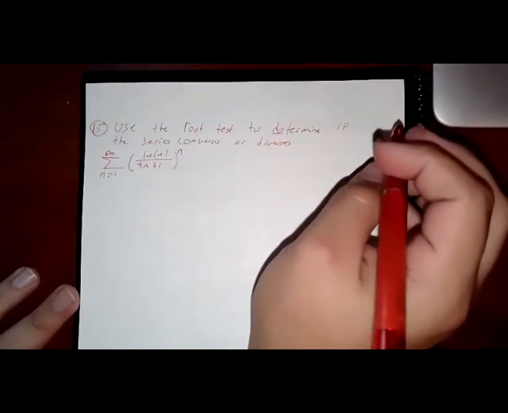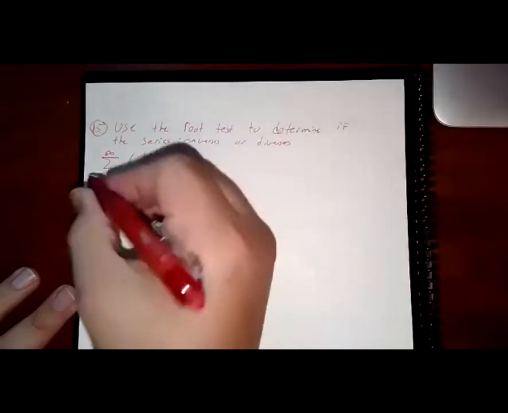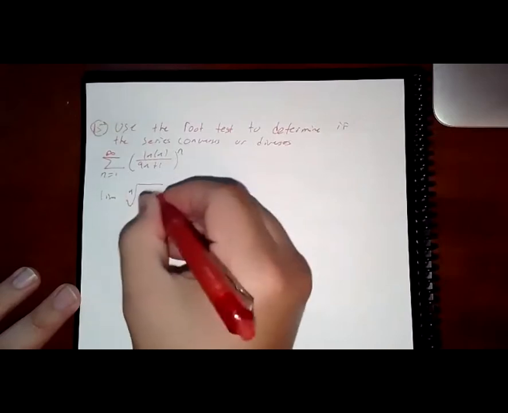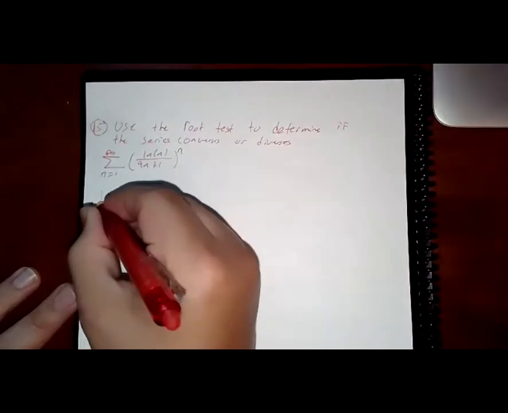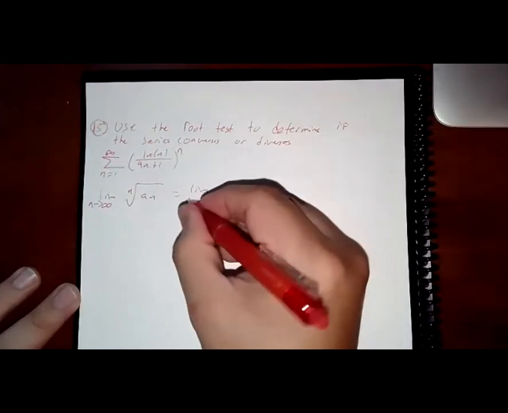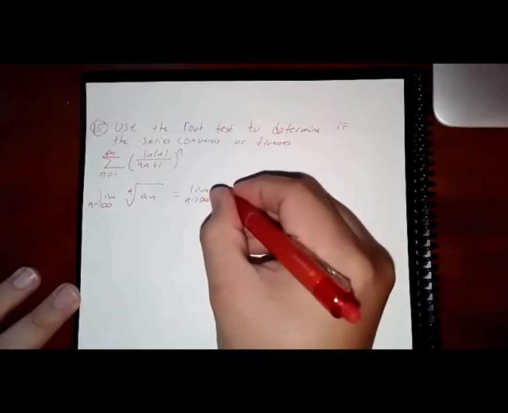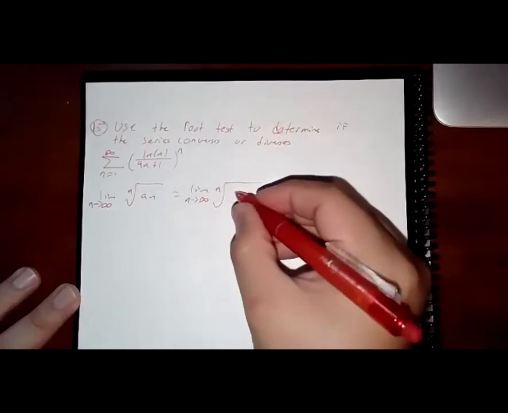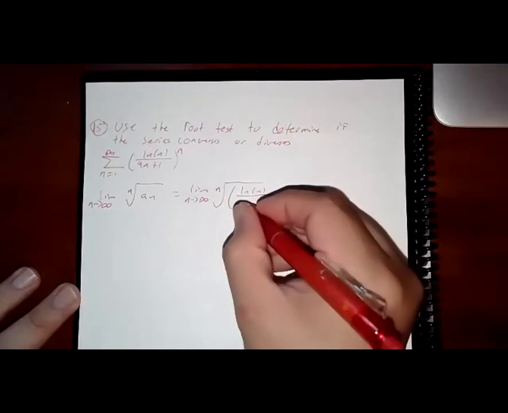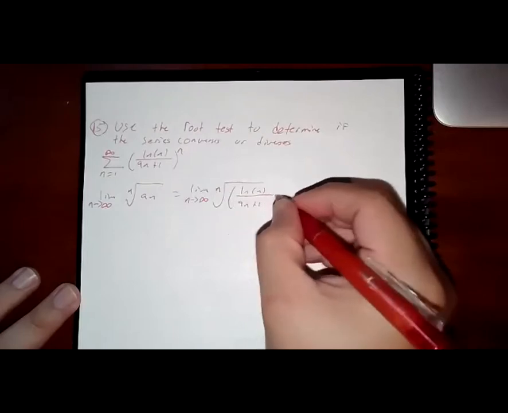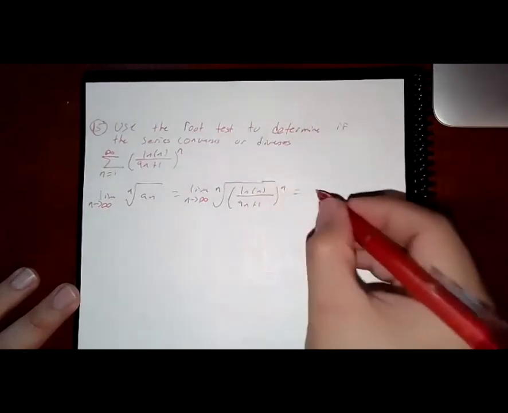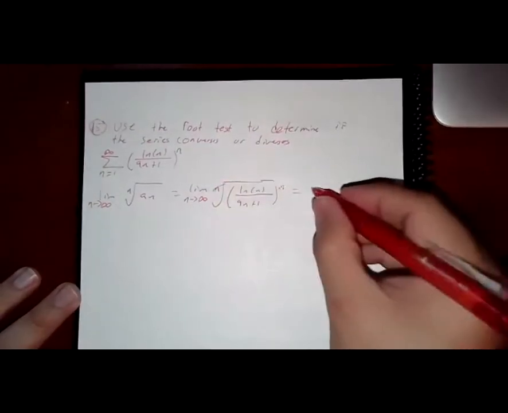So use the root test. It has the same rules as the ratio. So you take the limit of the nth root of a_n, which would be the nth root of (ln n over 9n plus 1) to the n. So that would cancel, right? Leaving you with